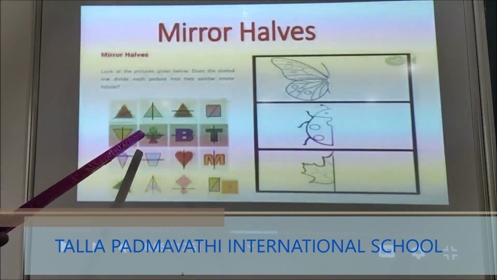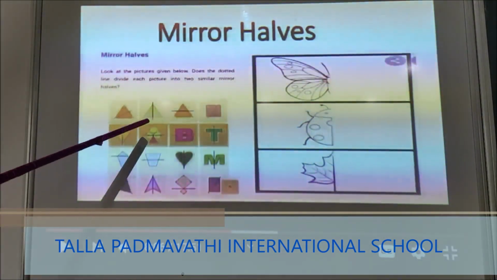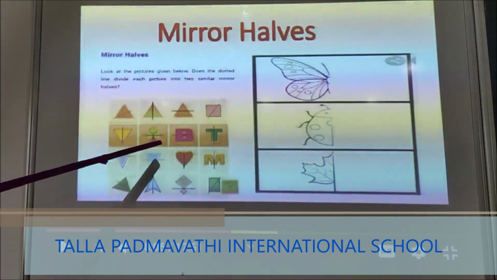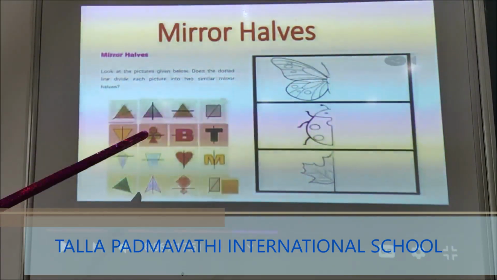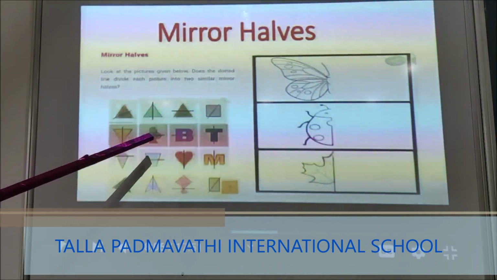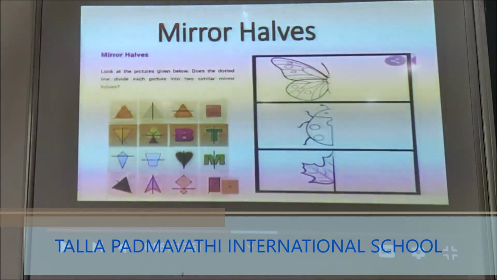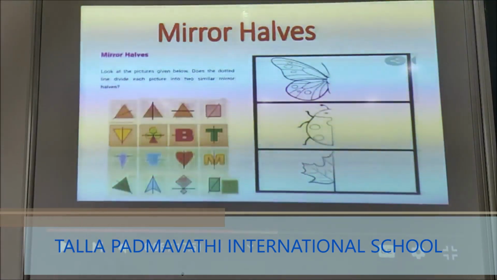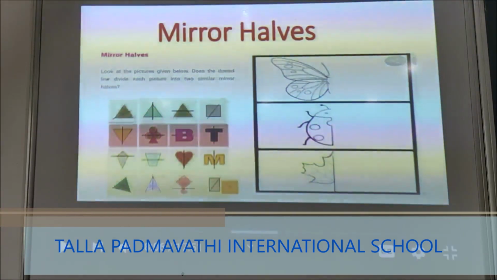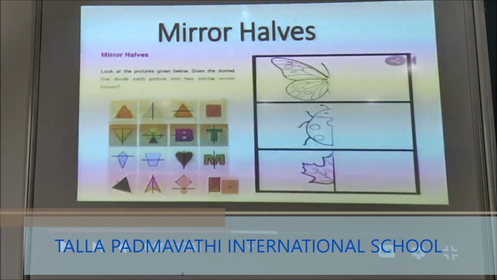Now, can you tell me this one? Is this line dividing it symmetrically? See children, the upper part should be the same as the lower part. Is the mirror reflection there? No, it is not the same. The upper part is not the same as the lower part. So it is asymmetric. Our next alphabet is B. B is divided from the middle, so the upper part is the same as the lower part. So there are two equal halves. So it is symmetric. The T is also symmetric. Now you have to be fast. You can tell me.